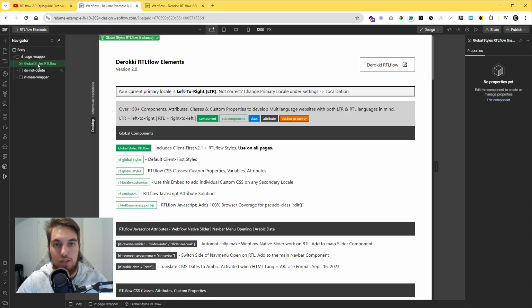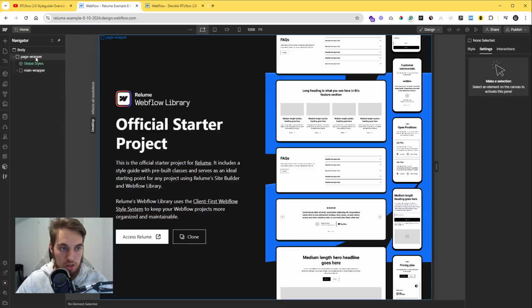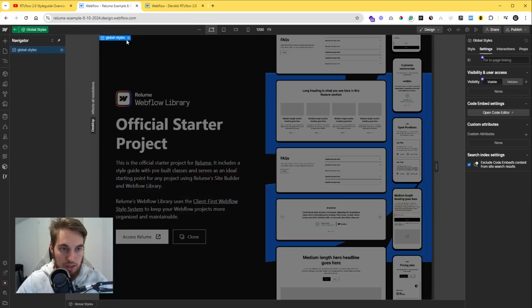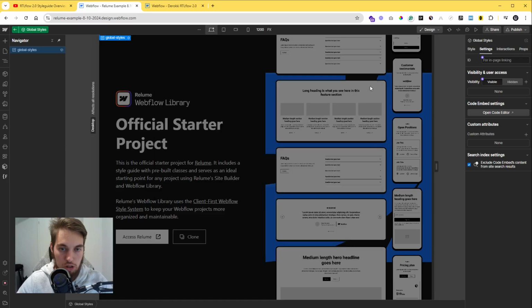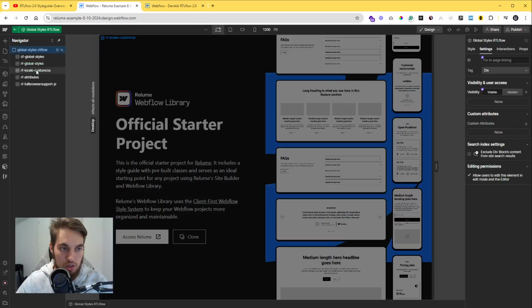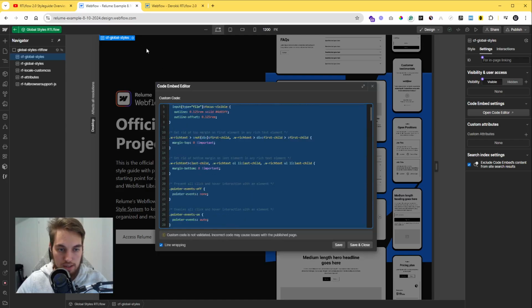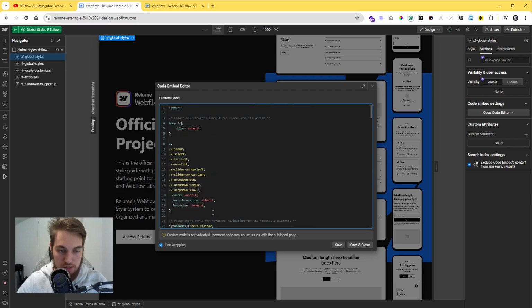And now you're going to use this component on your normal pages. So you're going to go in here, and you're going to have it like this. The code that you have in here, just copy whatever you have right now, go into RTLflow, into CF global styles, and just paste it in. There you go. As you can see, there isn't any big difference except for some of the stuff that has been updated in the meantime with the Relum style guide